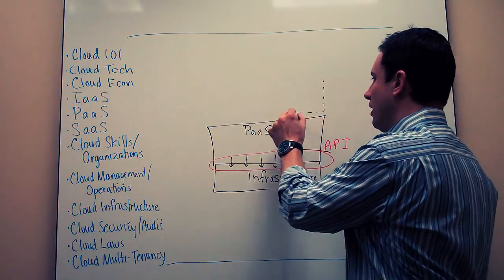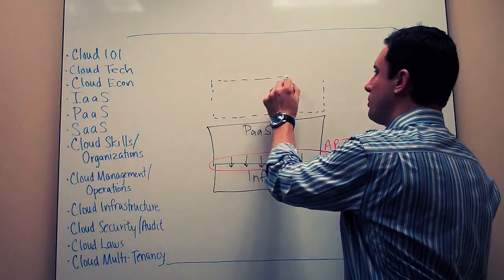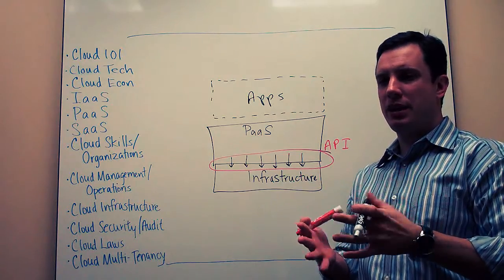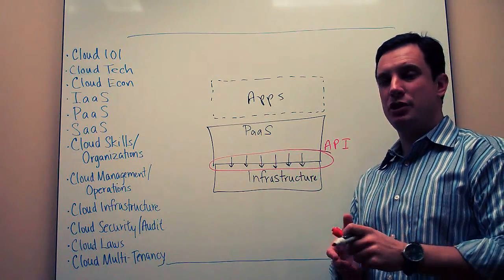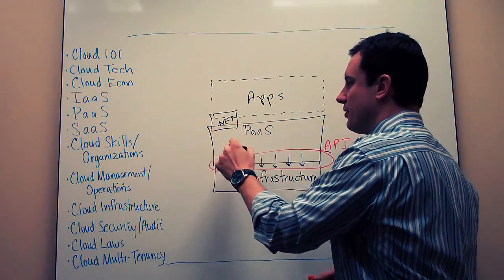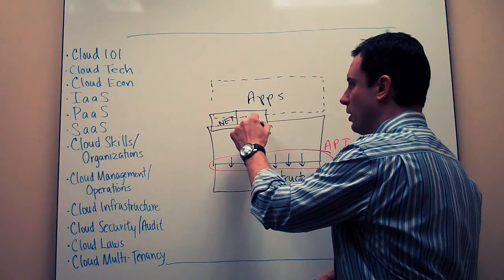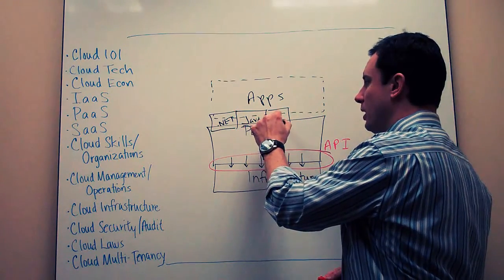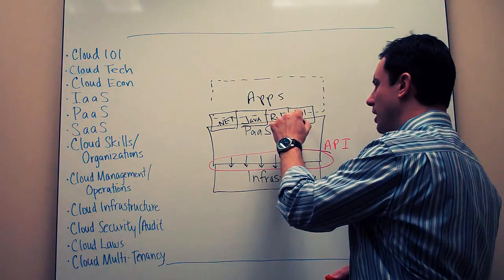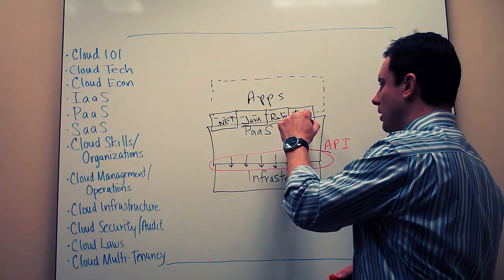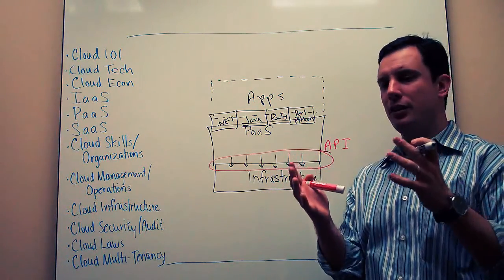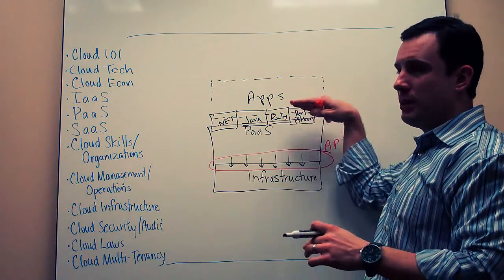So up here somewhere, I've got applications that are going to reside in this stack, okay? And those applications want to be able to be developed and speak their native languages. So .NET might be one of them for Windows, Microsoft environments. Java is a very popular one. Ruby might be one. Perl or Python might be one. So there's a lot of different frameworks, and again, these are programming languages and programming models that the PaaS has to be able to deal with.